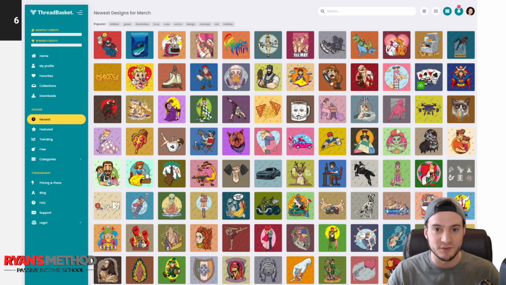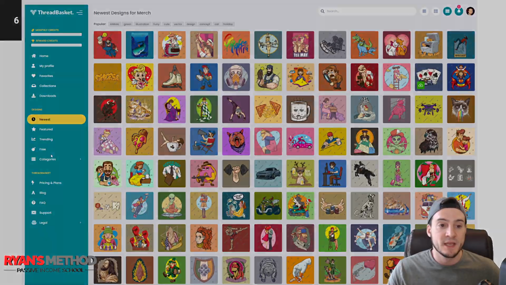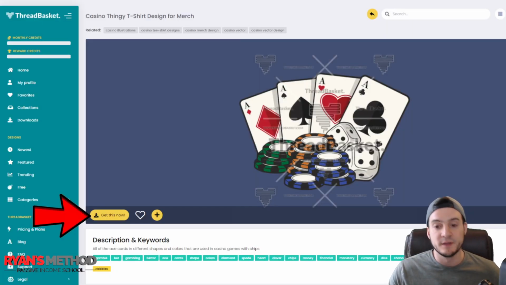So again, here I just went to the designs. It's defaulted to sort by newest designs. They have a very wide selection here. And I ended up using this aces, poker, clearly poker gambling style design because